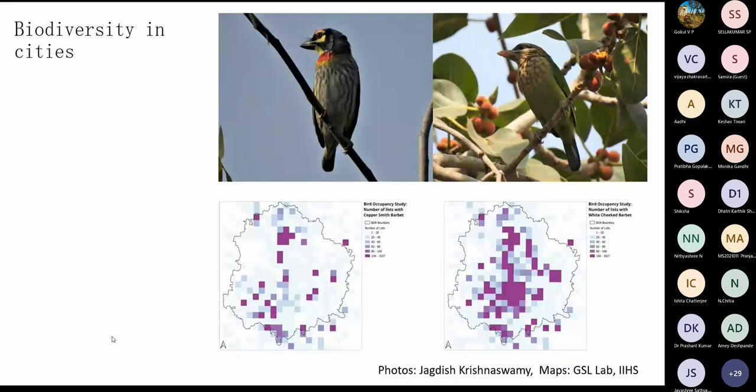The broader goal of this project is to connect these distribution patterns with the built up area and the green cover that is there in the city, and see which species are more adapted to urbanization, living beside humans, and which will be the species that might get lost from the city.